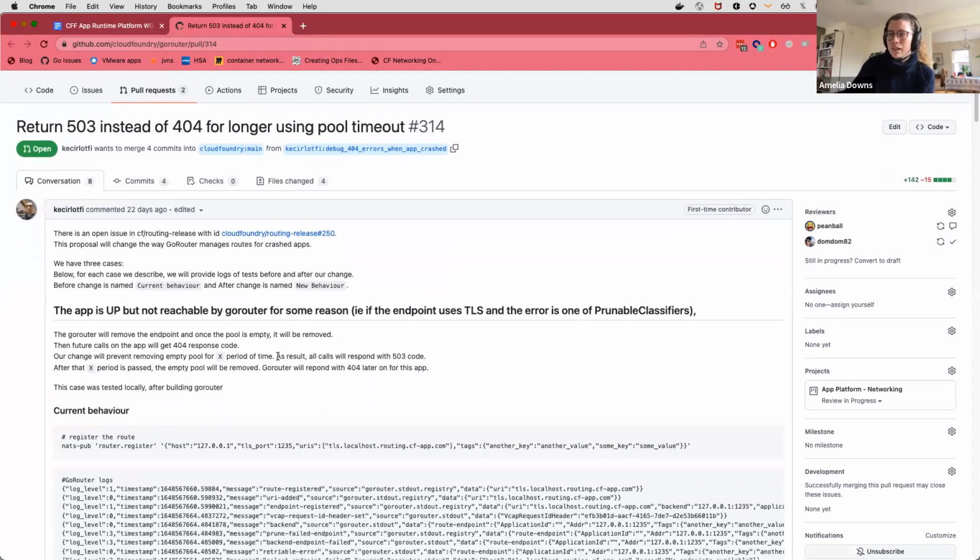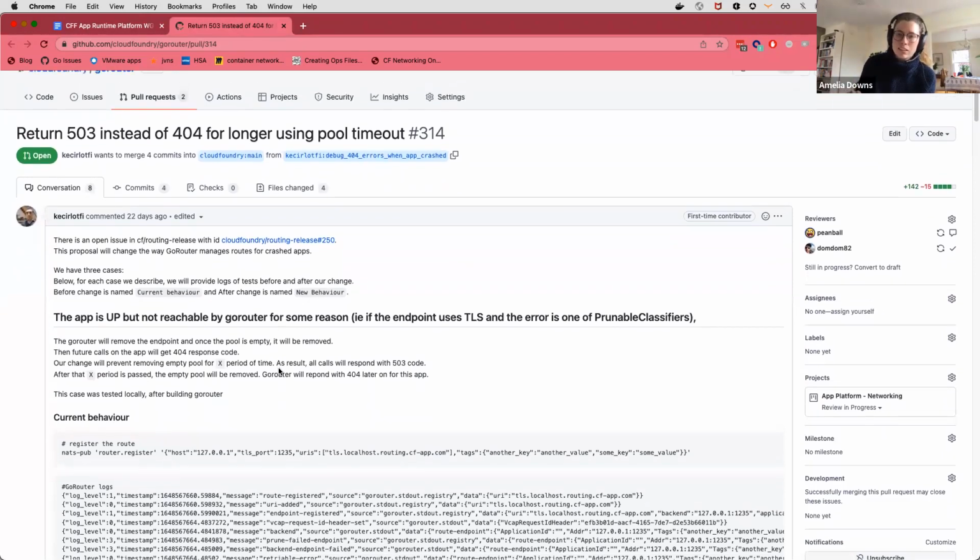I'm sure you've all had an app where something went wrong, a Gorouter pruned it, and because it pruned it, now there's no more apps running. And so it deleted the pool. So you might get a 404 once and then you get a 50... no, you get a 503 once and then you get a 404. And then as Diego starts it up, it goes back to the 503, maybe it's crashed. Anyway, it goes back and forth between these status codes in a confusing way.